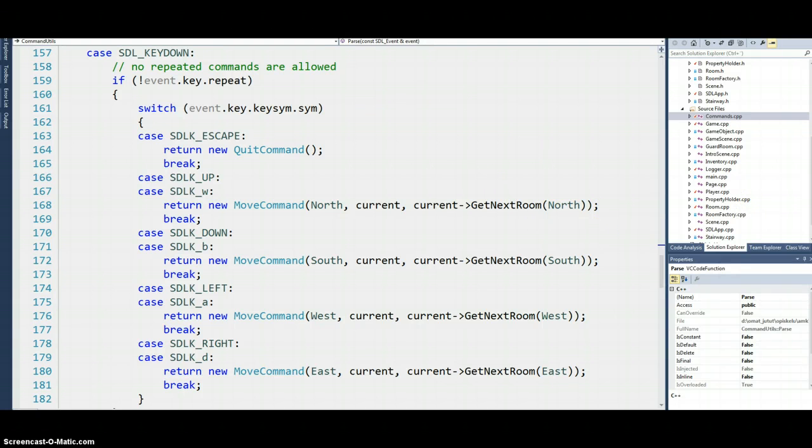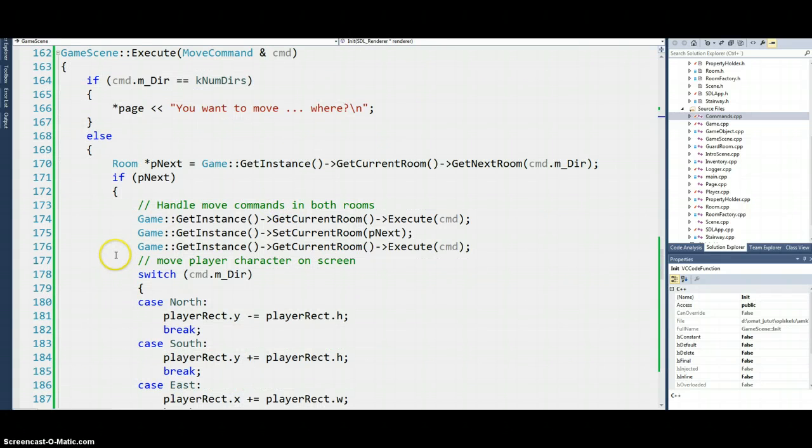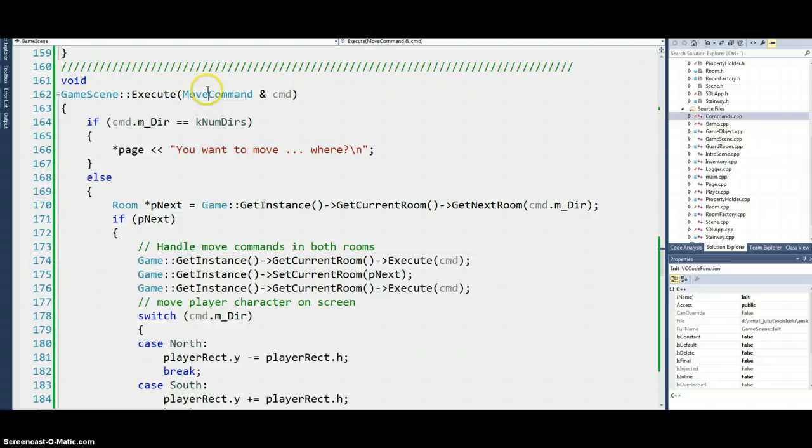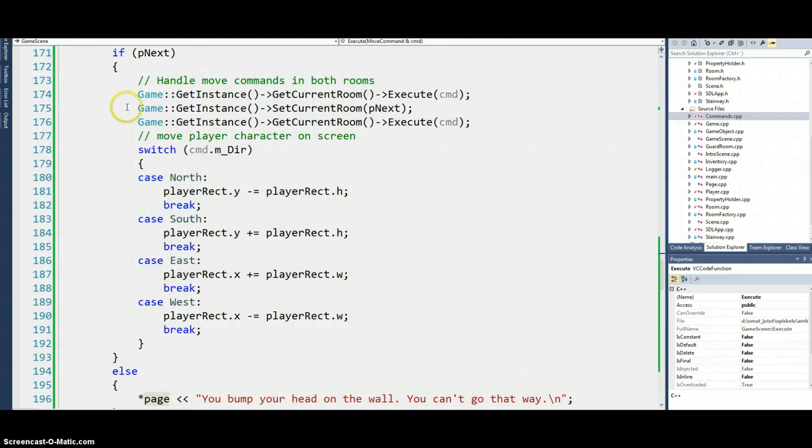So in the game scene, there's the move command execution, and again this text is outputted by this Page object, and here's the player movement.